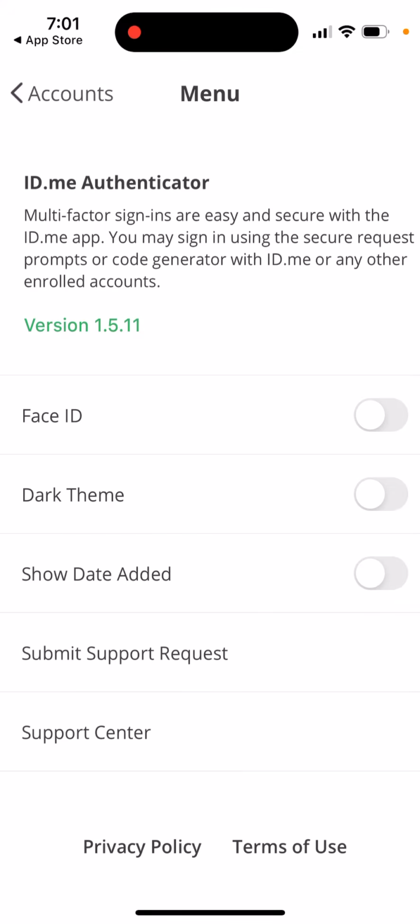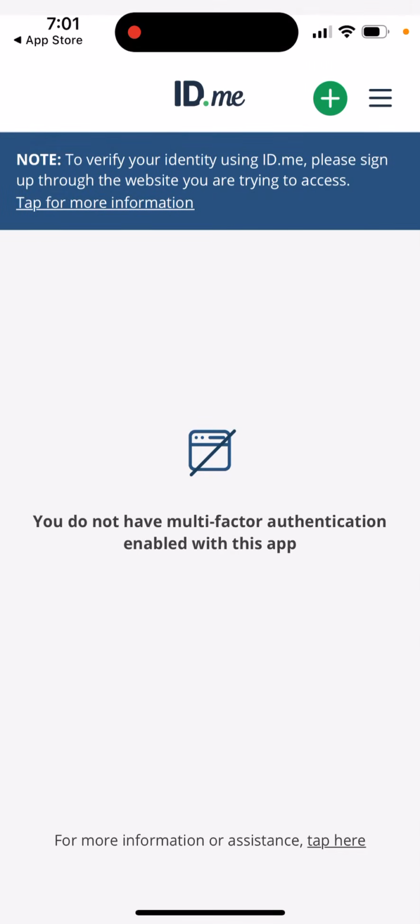And then you can also enable login with Face ID to this app, so it's just faster. There's also dark theme, showing the date added in the codes, and submitting a support request. And then it functions very similarly to Google Authenticator, and you will see timely codes, which usually